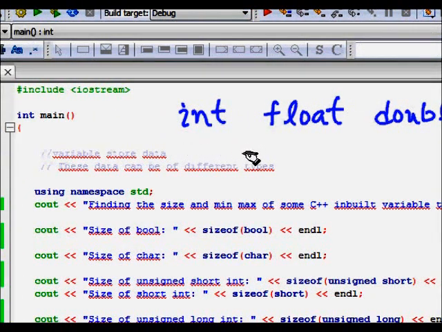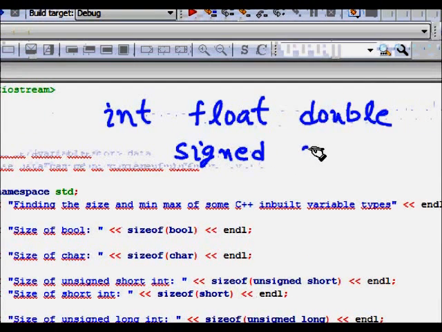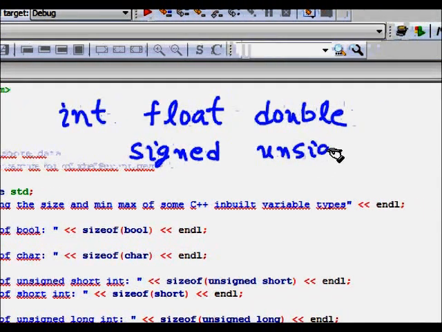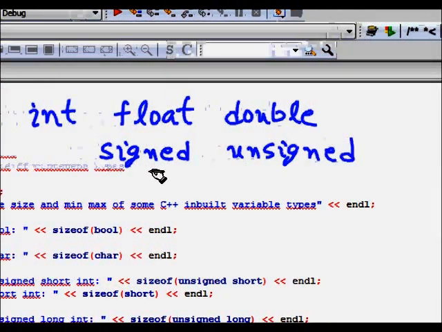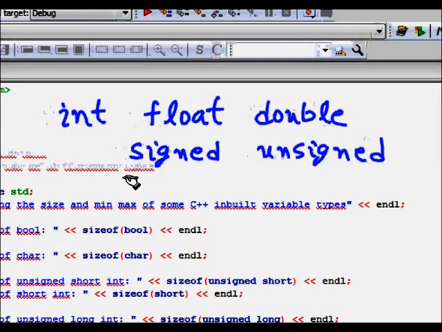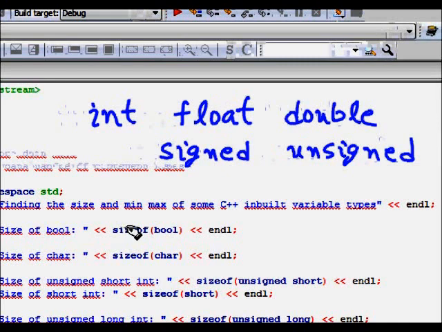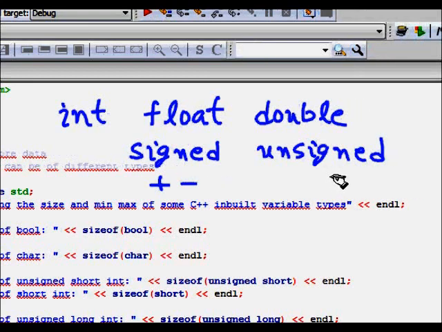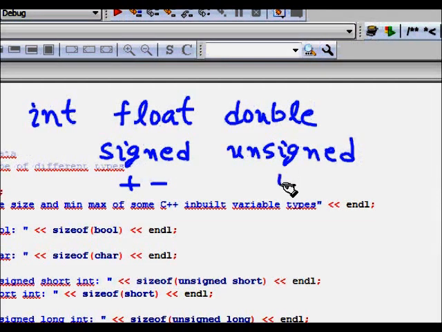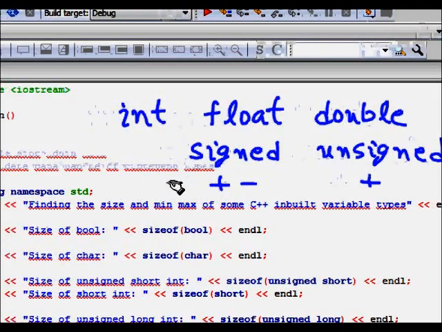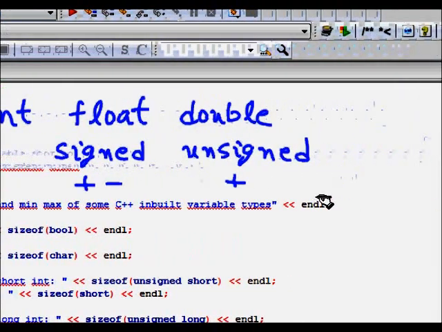Now there is also a specific category known as signed and unsigned. Signed means that your number can be both positive and negative, whereas unsigned means that it can store only positive numbers.